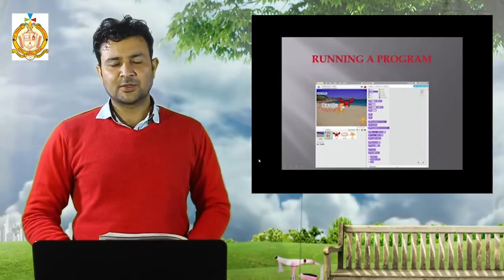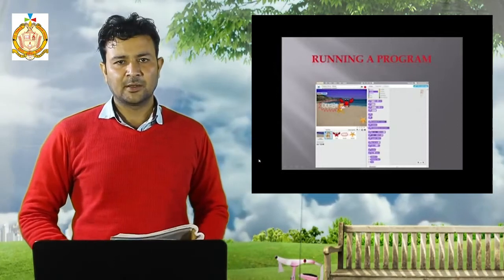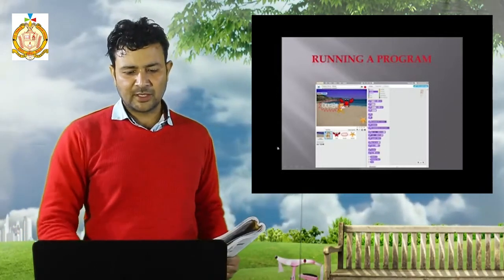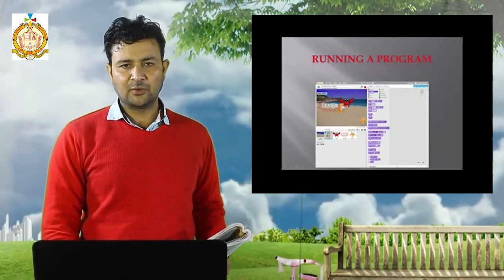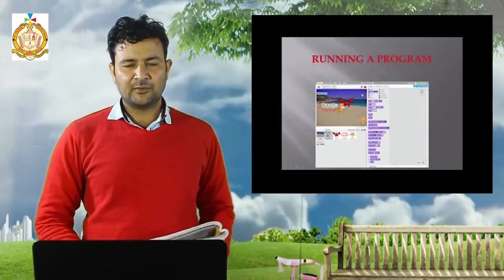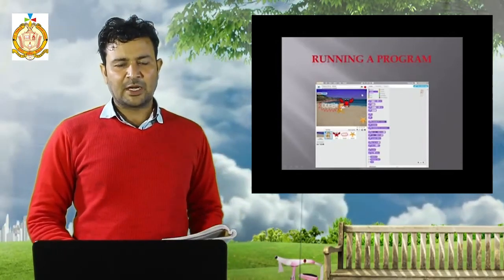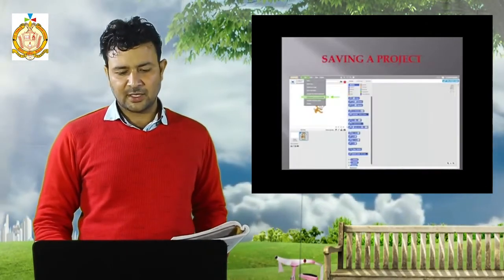First we have to check, so for this we need play. One play button is also there. Only two buttons are showing on your PPT, but when we work on it, all the buttons will come. When we click on play, whatever action is given by you, like 10 degrees, 15 degrees, it will move according to your given action.